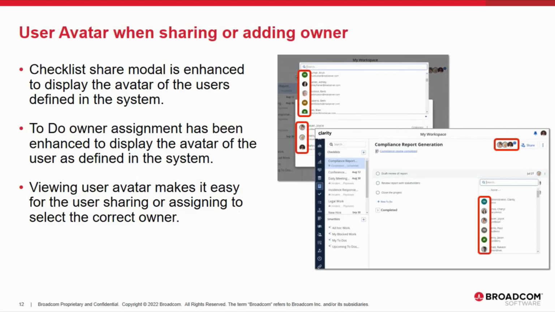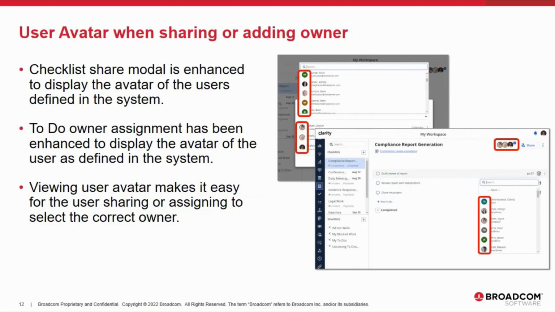Also, in the to-do owner, when the to-do is being changed or assigned, the user will have the ability to see the avatar of the listed users that could be added as the owner for a specific to-do. This makes the viewing or selecting of a specific user easier, because you can now look at their avatars and ensure it is the correct user that you're assigning as either the owner or sharing a